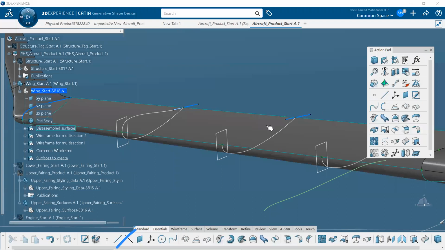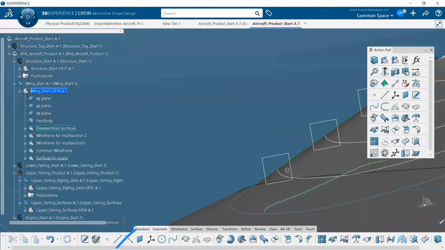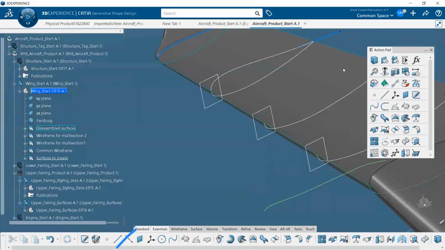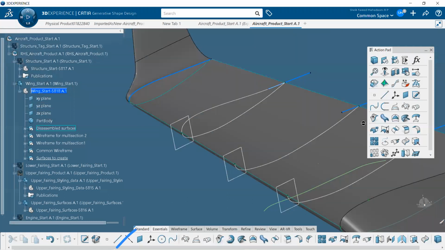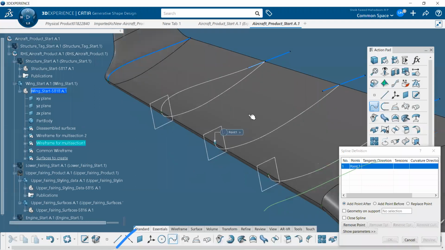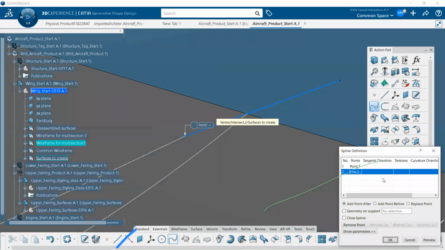Anyways, let's get back to the profile creation. Same way, again another spline. Watch very carefully, I'm taking it very slowly. First, we have to select the point over here. Then we have to select the point on the vertex of the line. Then you have to select the point on the end, middle of the line.